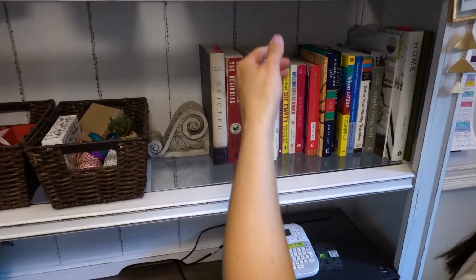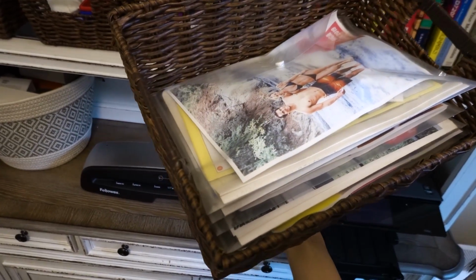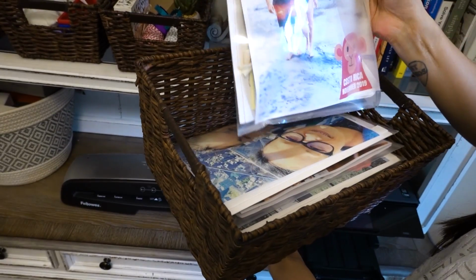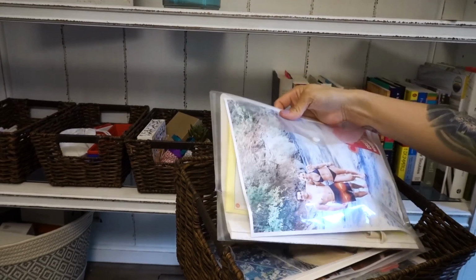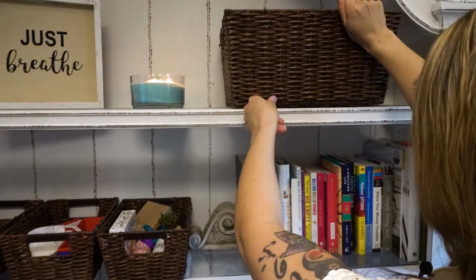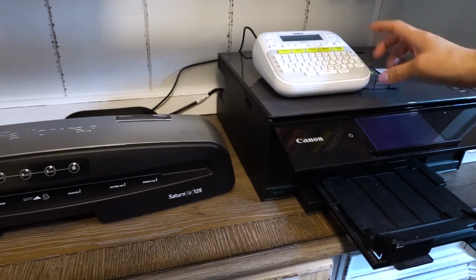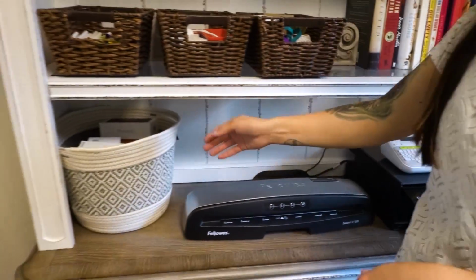Now up here in this big wicker basket, I have all of my different vacation envelopes. Now I have a full video on how I organize my vacation memories. I'll make sure to include that in this video right now, but this is where I'm keeping all of my vacation envelopes. And then we also have my laminator, my printer, and also my label maker, and I have an extra thing of tape actually right here. Over here,